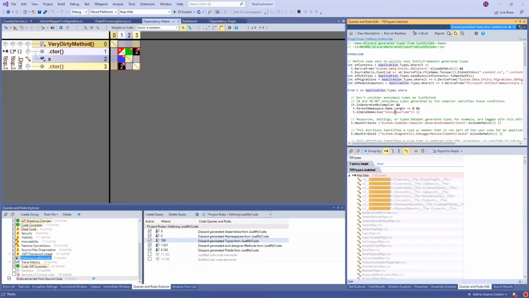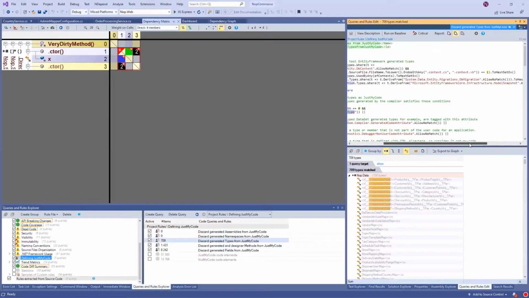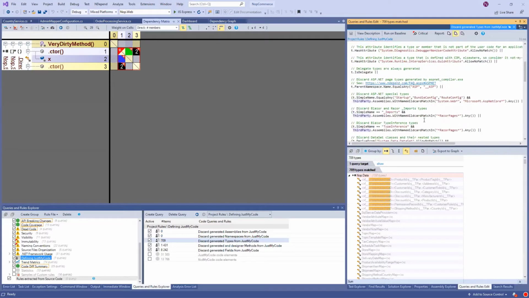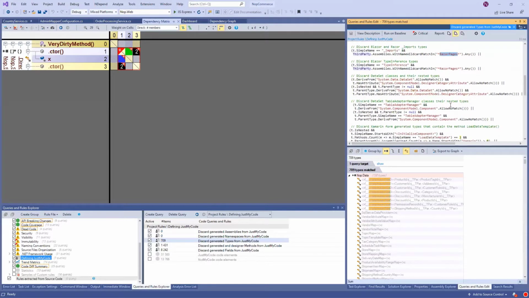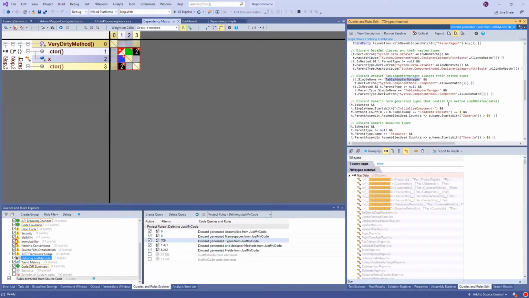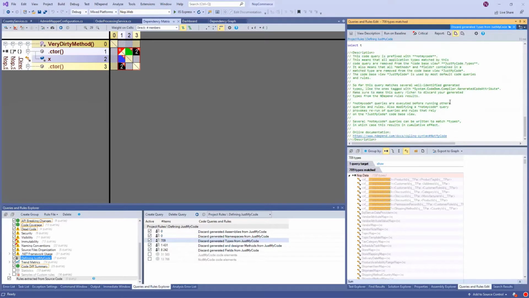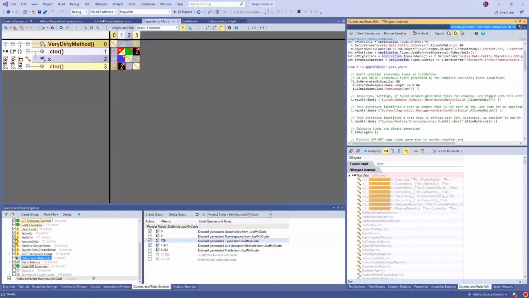Typically, if you have some DB migration in the Entity Framework or the result pages that are generated for you, table adapter manager, okay? So there is a lot of intelligence to try to determine what is not your code.